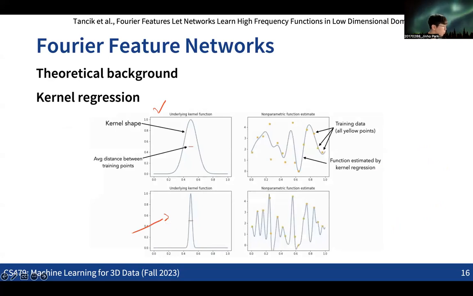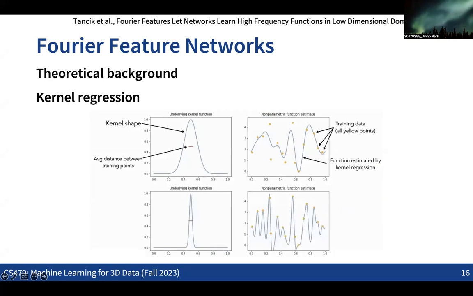Then as we have wider kernels, we're going to see a smoother function like this, while not precisely aligned with the given data points. So this is the case where we see a smoother function, but with a less precise reconstruction of the given data points. And as we make narrower kernels, we might be able to get more precise outputs for each of the given data points, but it's overfitting, right?